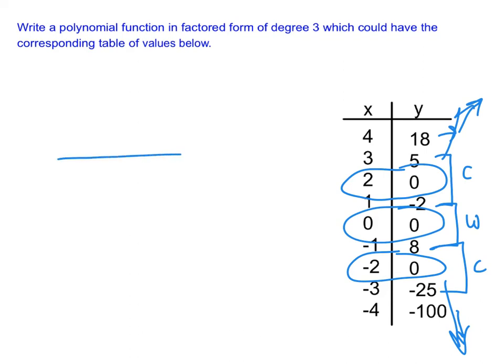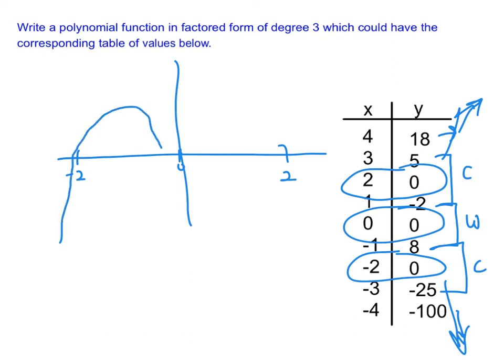So if we want to sketch a quick graph, right, we would put in the zeros and we would put them at -2, 0, and 2. All right, and here it's going to start up, but down here it's going to start down. So I'm going to go down, cross. I'm just going to add a little wiggle here, and then cross. So this is an odd degree function, and I can tell it from the table,